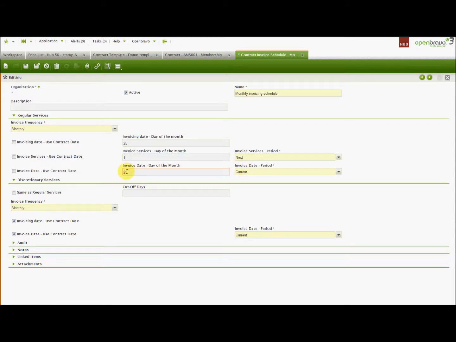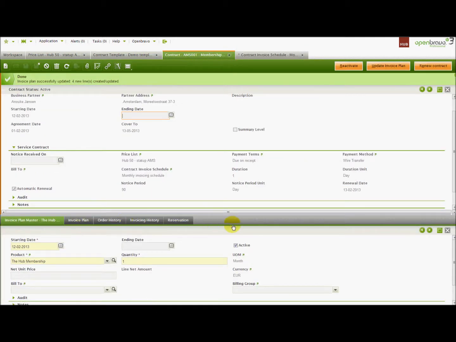And the date that we are going to use as invoice date is the 25th of the current month, current in regards of invoicing date. So this configuration means that every 25th we are going to make invoicing. We are going to invoice the services starting the 1st of the next month, and the invoice date of that invoice will be the 25th. So if we come back to the invoice plan,